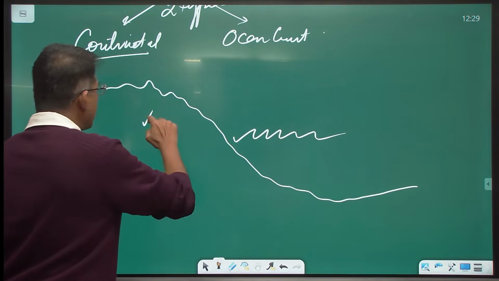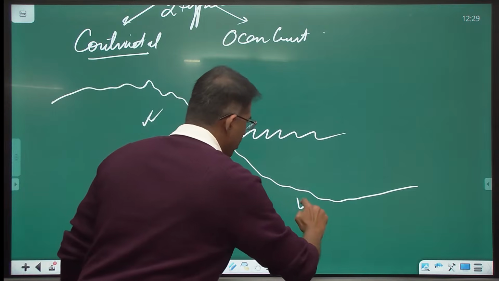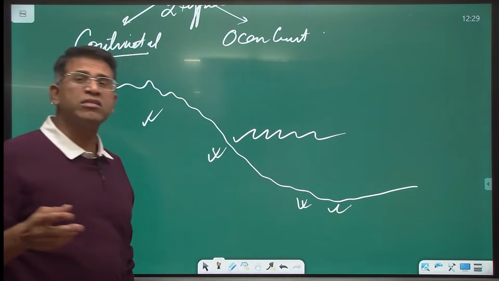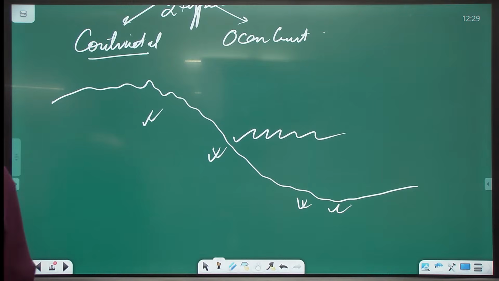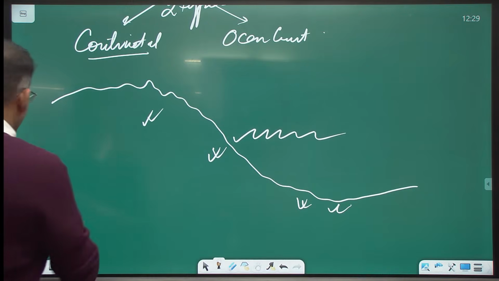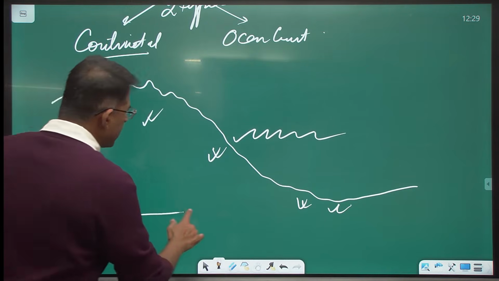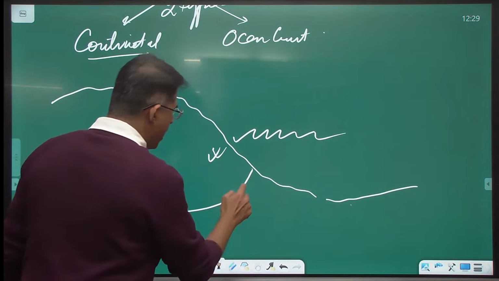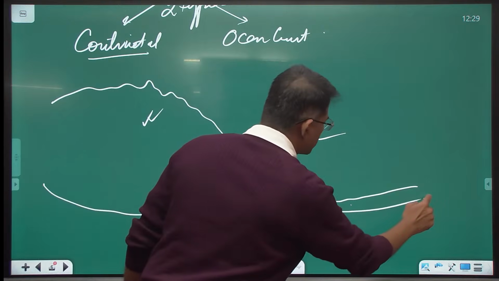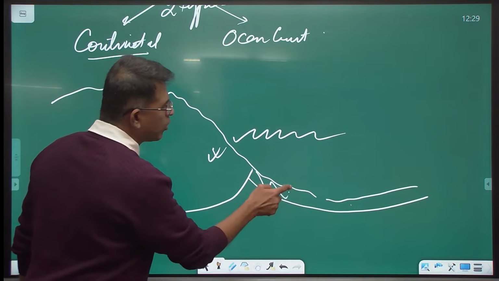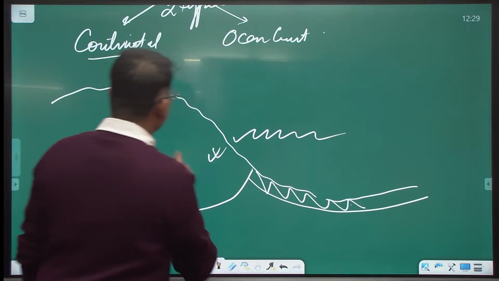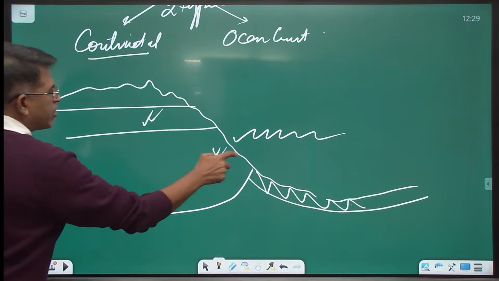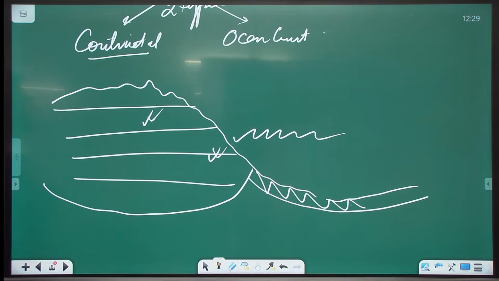यहाँ के rocks, यहाँ के rocks, यहाँ के rocks सारे same हैं. This was an old idea. Now we know that continents are different in their composition and the oceans are not same as continents. The rocks which make up the ocean floor are different from the rocks which make up the continents.